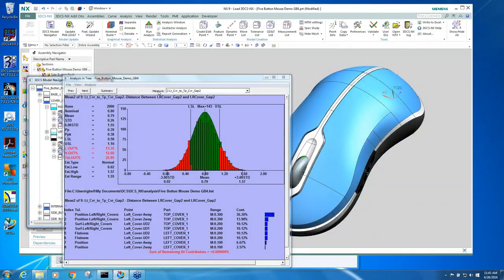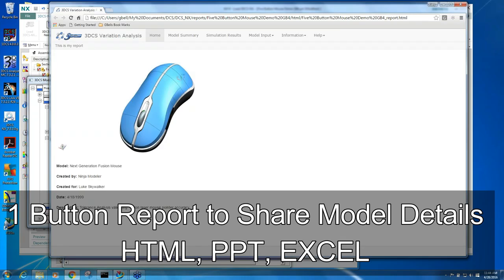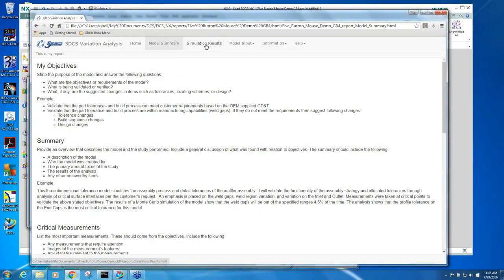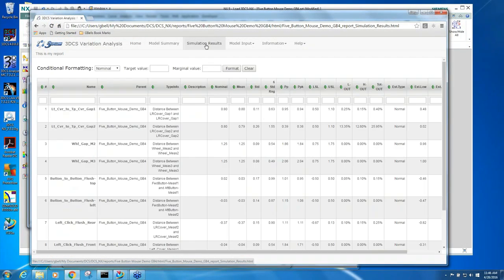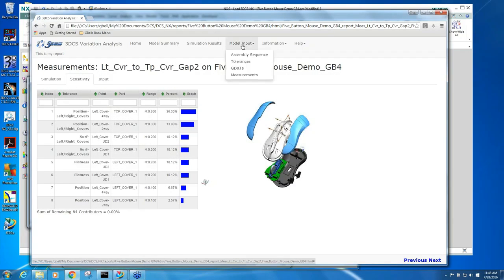When you're done and you need to create a report, you click this button here. And this is what pops up. So with a button click, that's just the home page, then you have a model summary. But the key, I guess, would be the simulation results. So here's all of my measurements, as well as you can go to your model inputs,